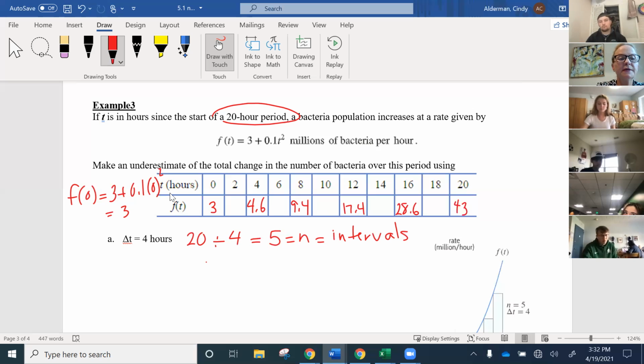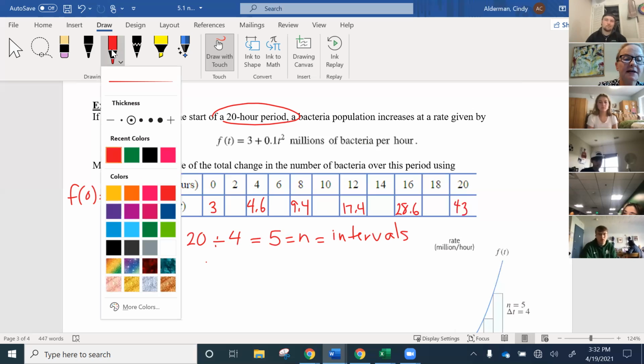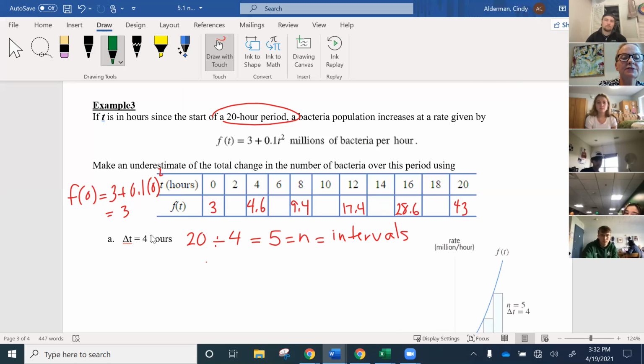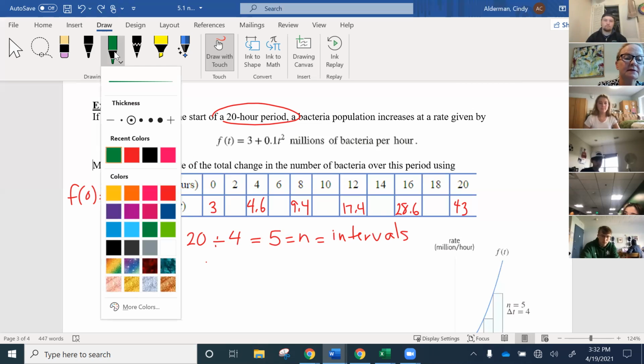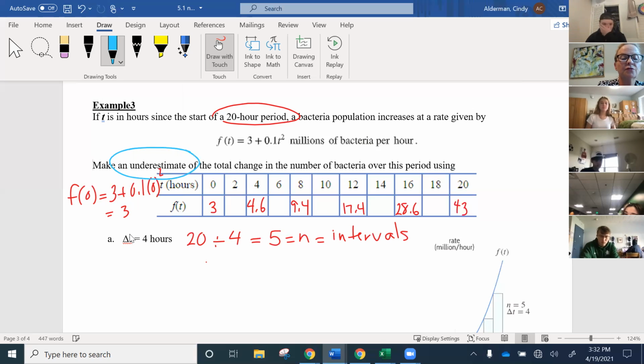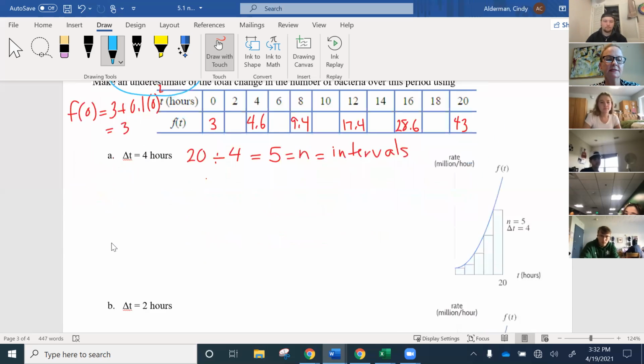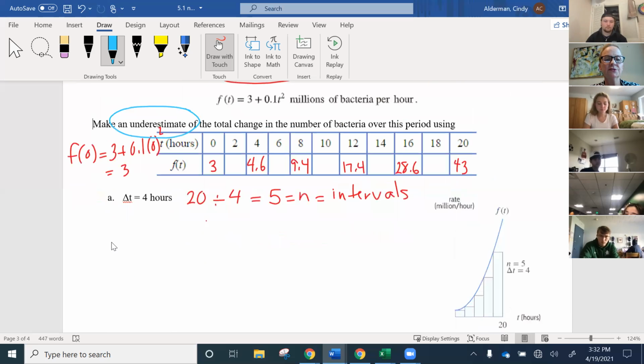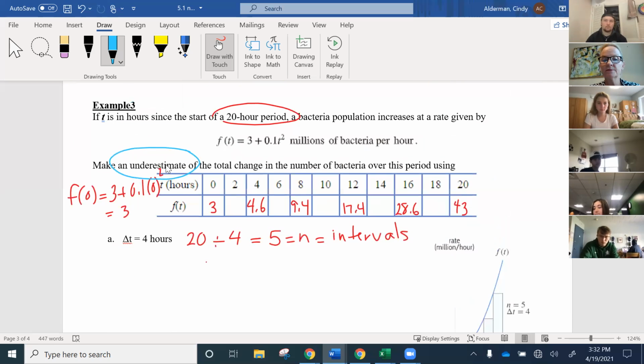All right, now another thing you need to pay attention to is if they're asking you for an upper or lower estimate. This is a lower estimate they're asking you about. So for all of these questions, and I have A, B, and C to ask you, they're referring to an underestimate. So for an underestimate here, we're interested in these values, right? Okay, so if we did that,